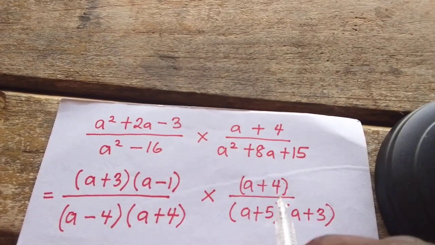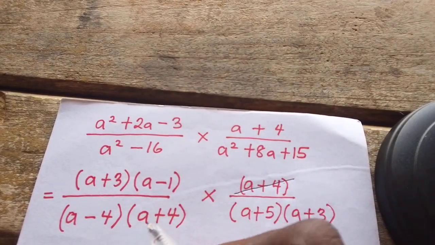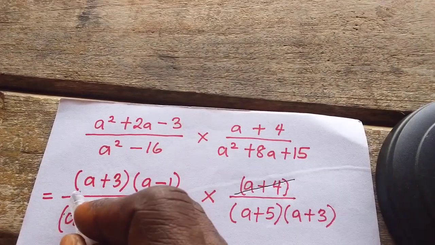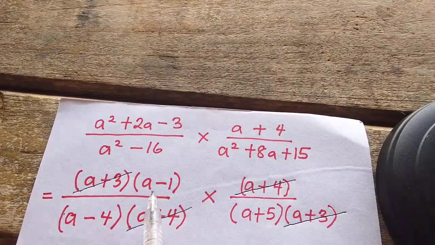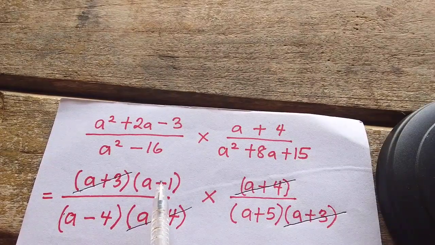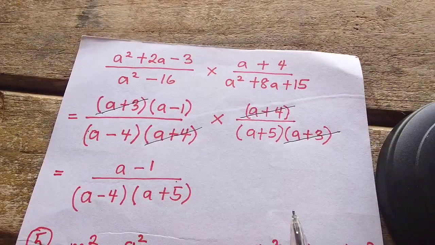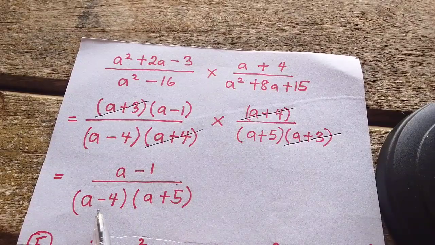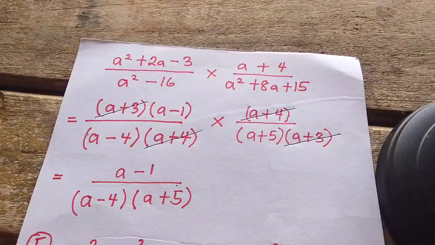So they are all dividing. So that means here this one, a plus 4, will cancel out a plus 4 here. Also a plus 3 here will cancel out a plus 3 here. So that means in the numerator you're having a minus 1, and in the denominator you're having a minus 4 times a plus 5. So your final solution will be a minus 1 over a minus 4 times a plus 5. Then for number 5,